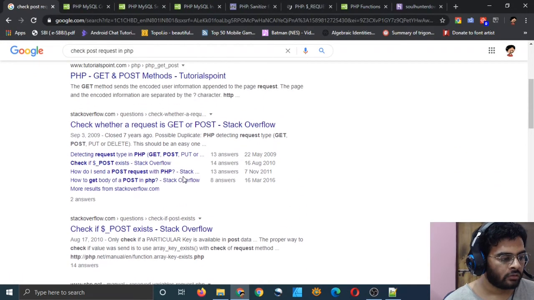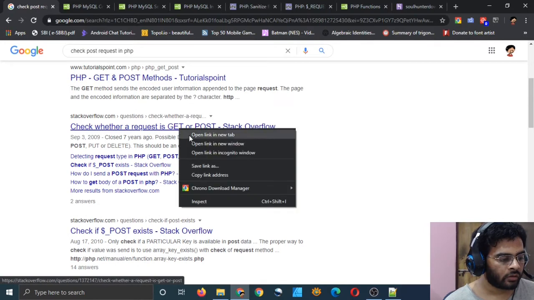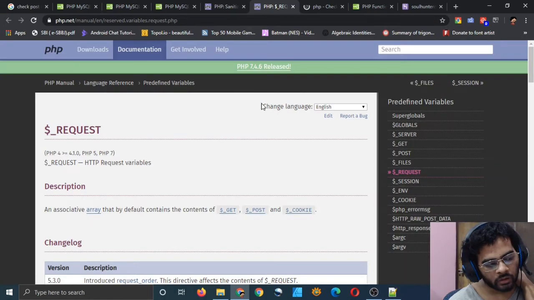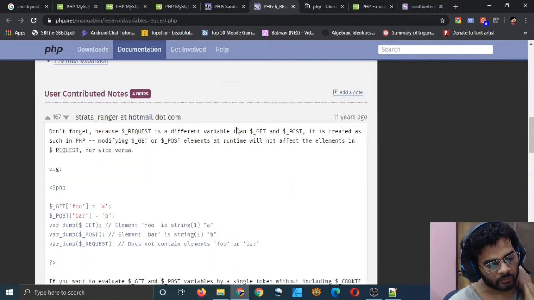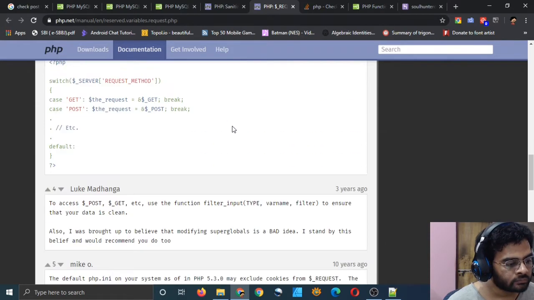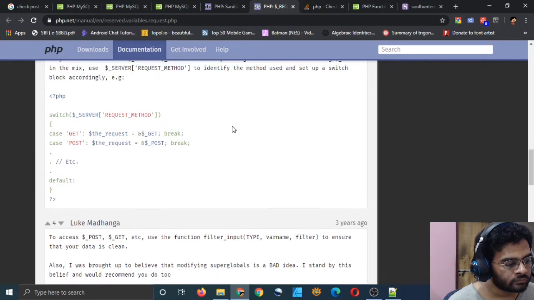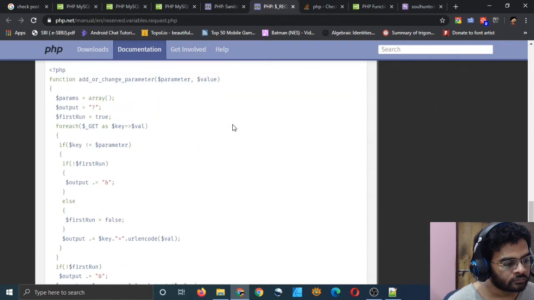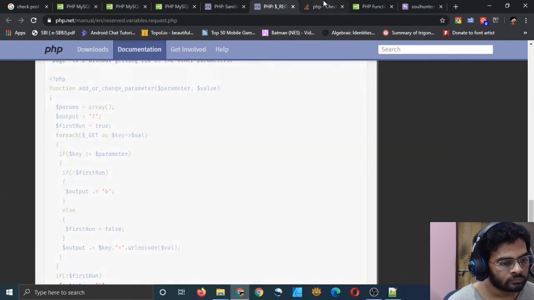I will go to php.net. You can also go to Stack Overflow, but let's see if it is there in php.net, because this is more reliable. Not there.